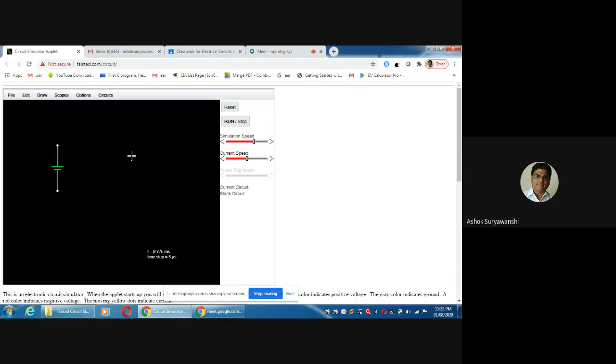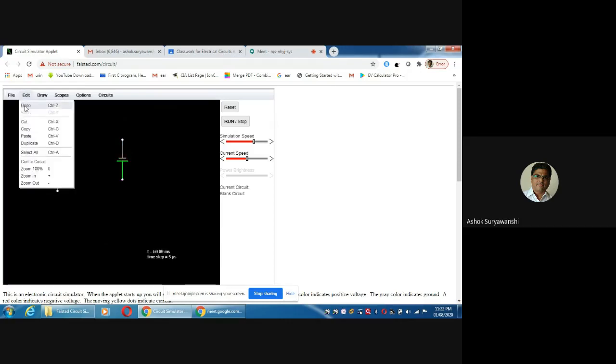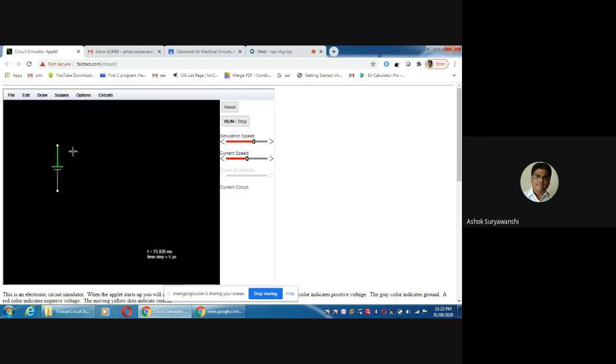If you click and pull down, it will be the opposite polarity, so just edit this one and then undo. Similarly, I want another source on the right hand side, so I will click on the downward side and pull it up like this.